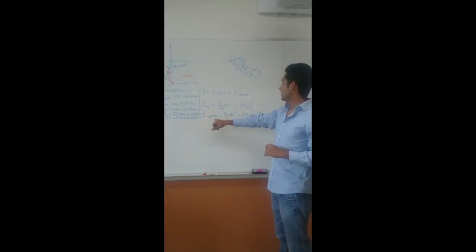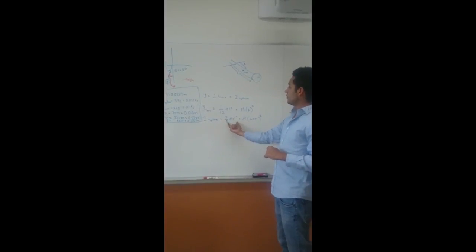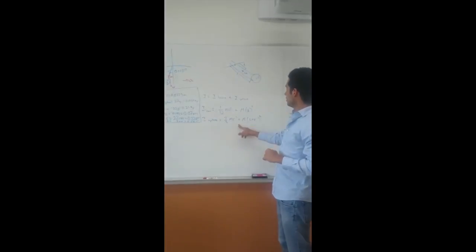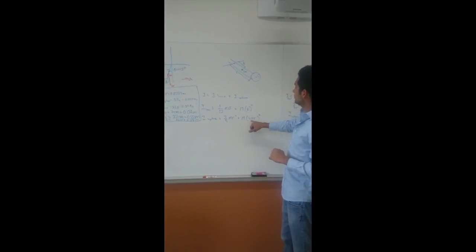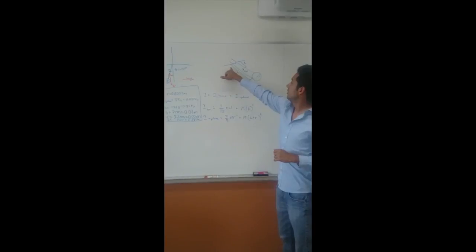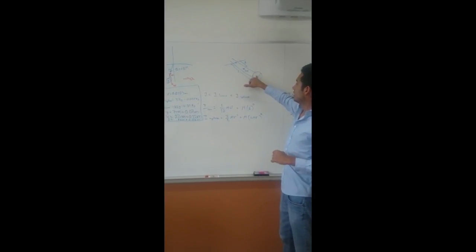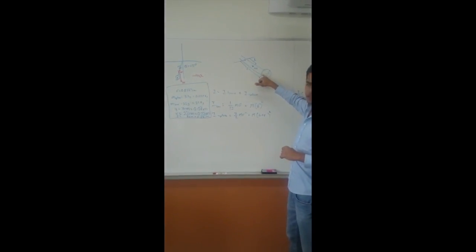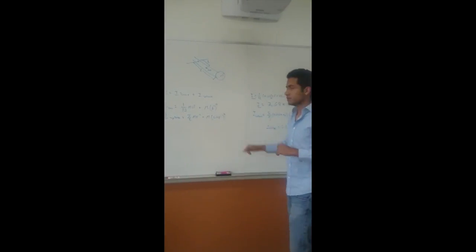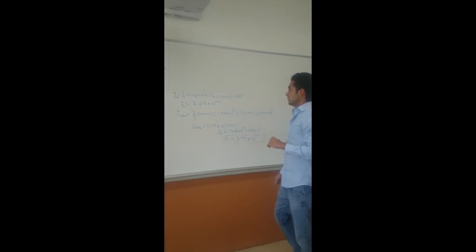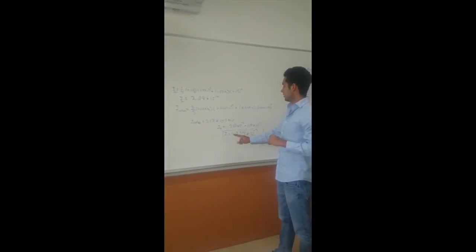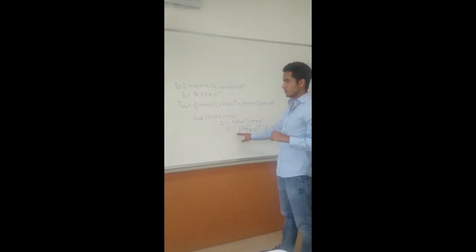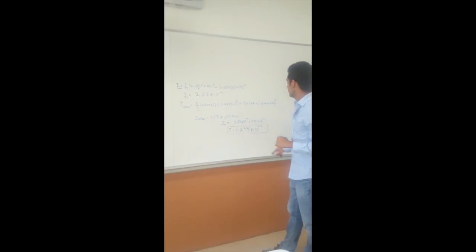And the sphere is this part: the formula plus the mass of the sphere times L plus the radius of the sphere, squared. Then we did the math, and this is the result